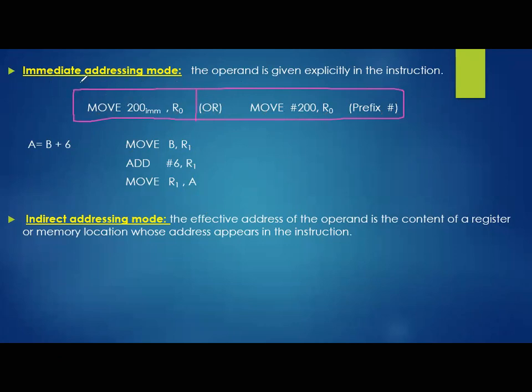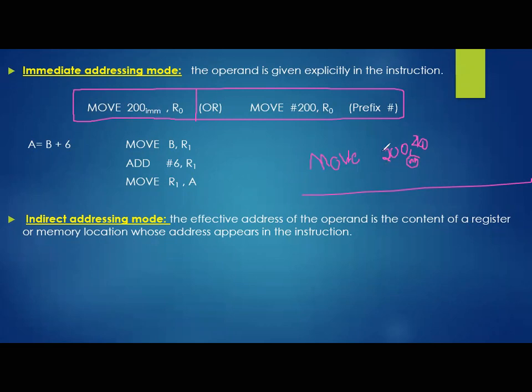How can we represent the immediate addressing mode instruction? See, the target is I want to move a value called 200 to a register R naught. How can we do that? I want to shift a direct value. See the same instruction, see the variety, we are having 200 with a base of IMM. If I write like move 200 comma R naught, what your processor feels is, see here, we don't have a base of IMM, right? We don't have this IMM base.